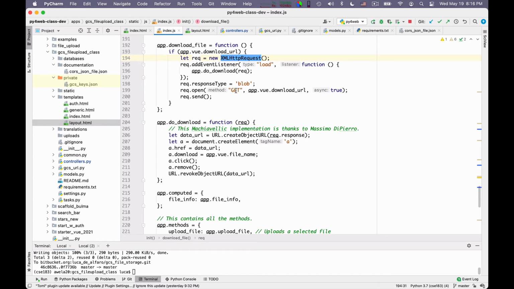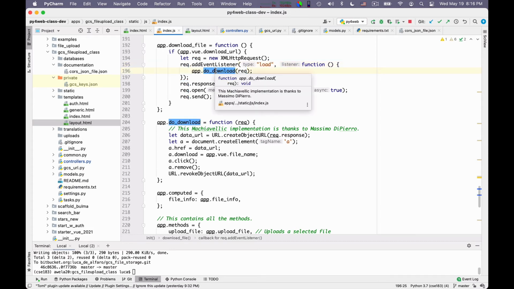I use the download URL that I've been given. It's asynchronous, so it's a streaming download again. And when the request terminates, when I have downloaded the file to JavaScript under my control, I call this doDownload function that does the rest of the work.